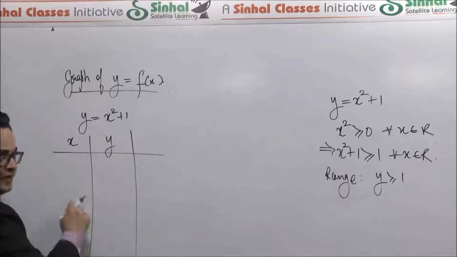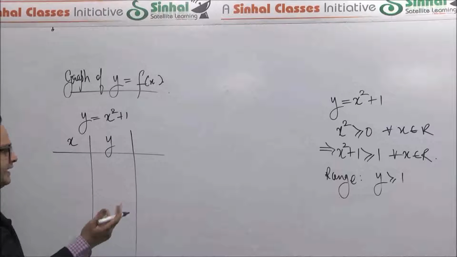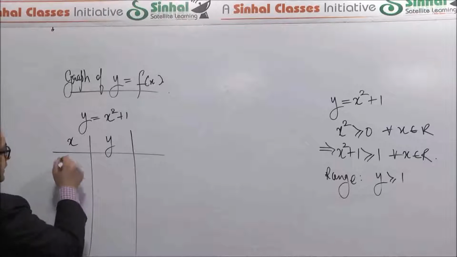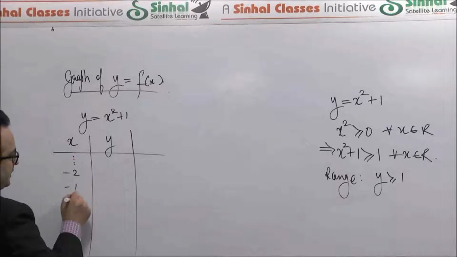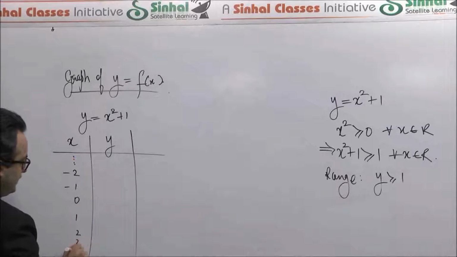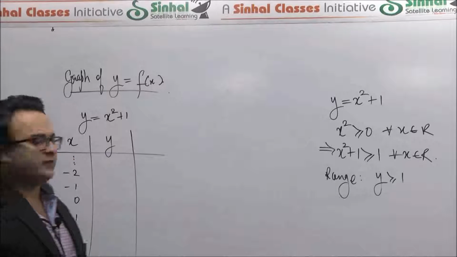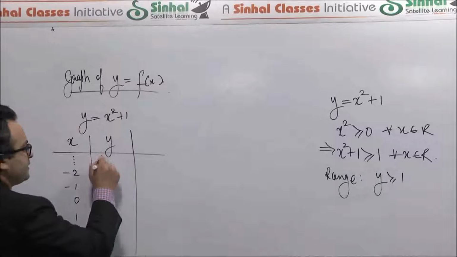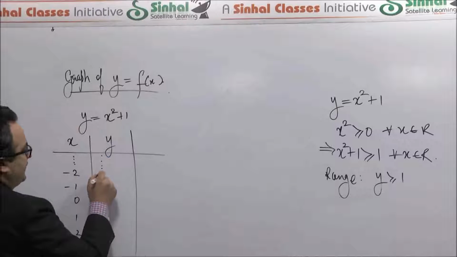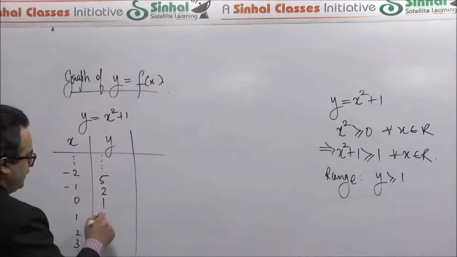So we'll start giving values to x and we'll start giving corresponding values to y. Although x can take every real value, let's just stick to simple values. So maybe let's say minus 2, minus 1, 0, 1, 2, 3. Of course, I'm just taking simple values. It's not that x can only take integral values. So now the corresponding values of y would be 5, 2, 1, and then again